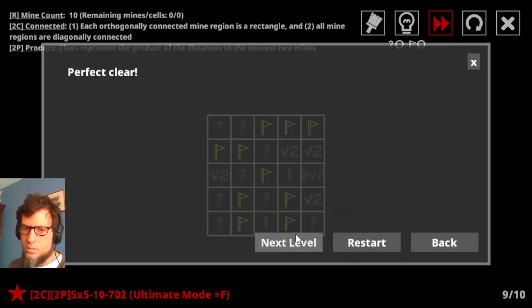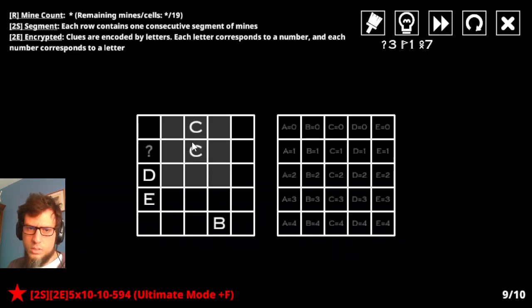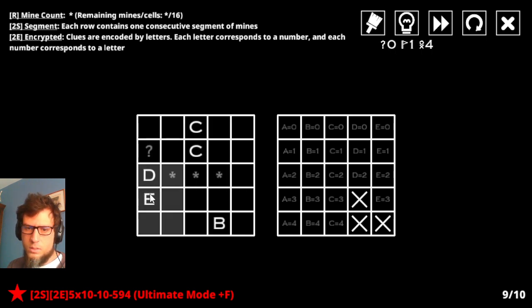Alright. Okay, encrypted segment. These are gone, obviously. Okay. D and E. The C cannot be more than 2 because segment can't cross these boundaries here, so C cannot be more than 2. Alright. Also B, no, it could potentially be 4. This E, nope, okay,